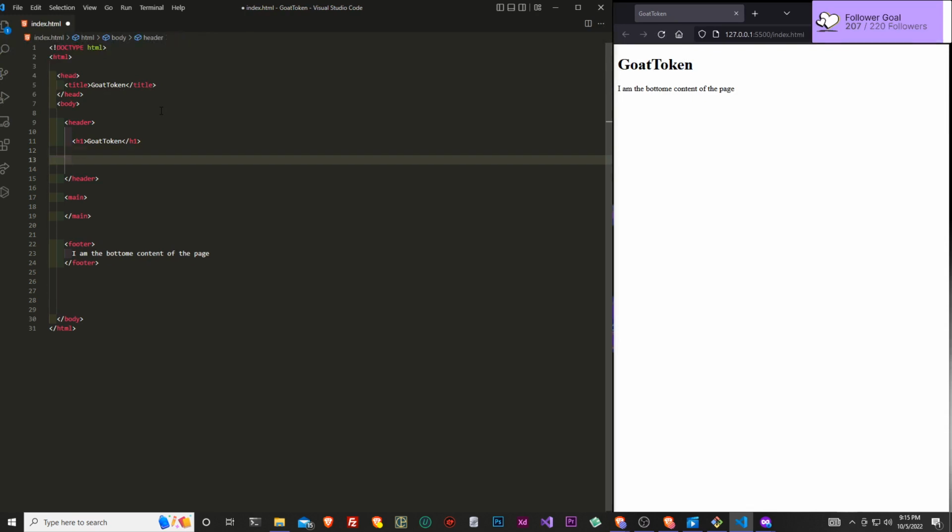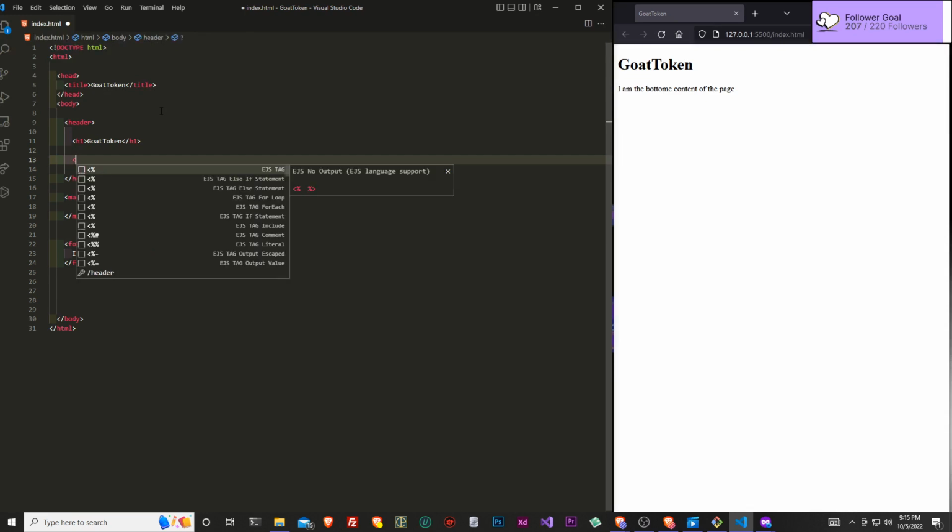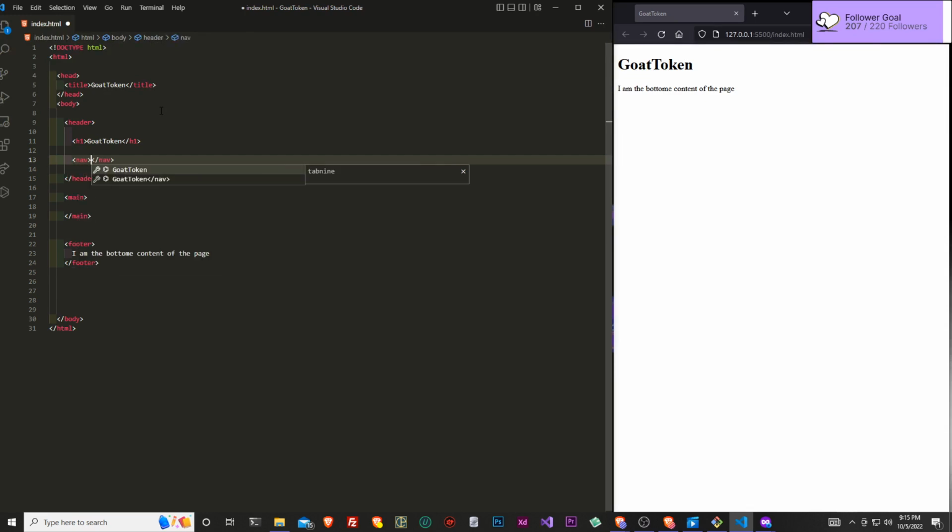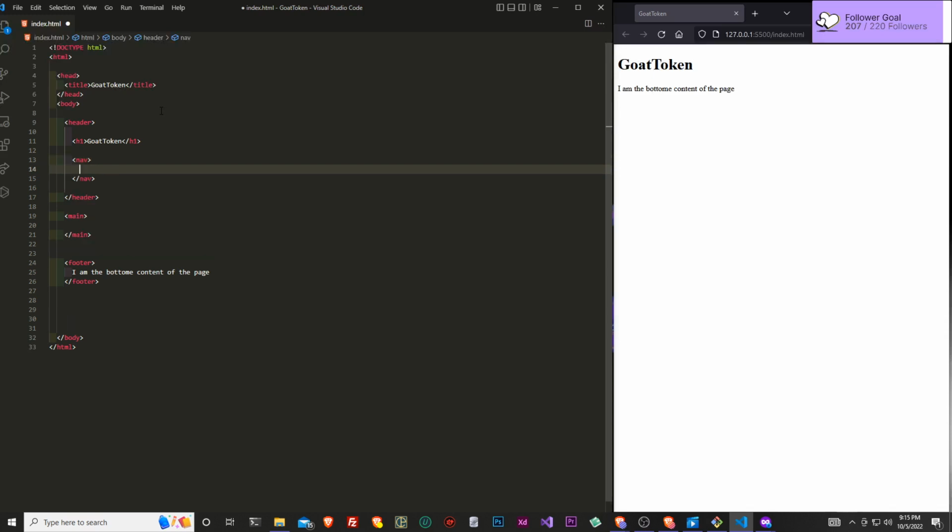And then after that, there's usually some type of navigation on a web page, correct? So let's create our nav bar. Usually you want to wrap your elements inside of this nav tag. Why? So that it's easier for screen readers to understand what's in your content, as well as for styling your content. It's also easier for anyone else reading your code, who will understand that this nav tag means navigation.